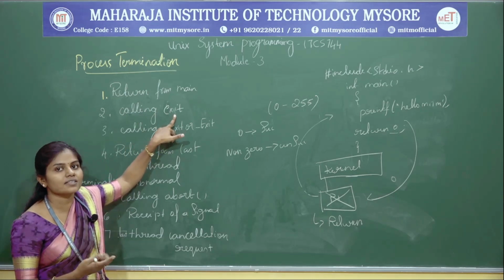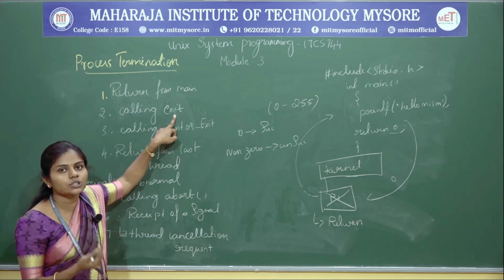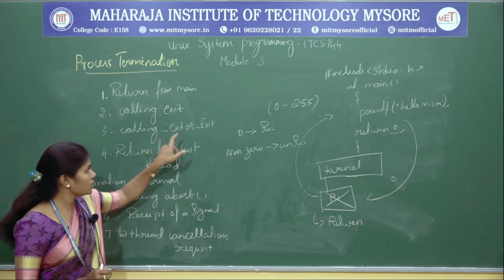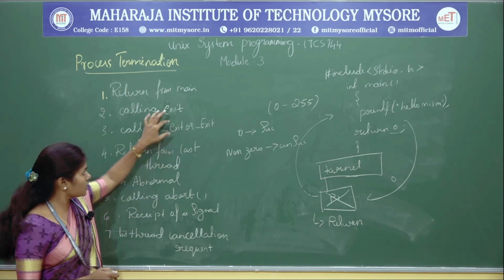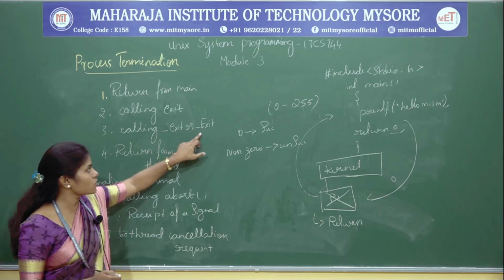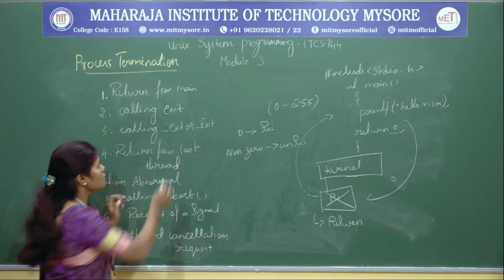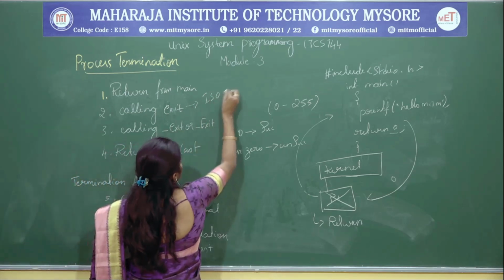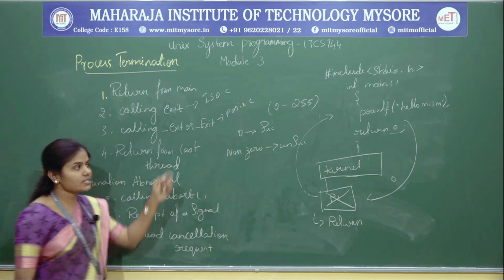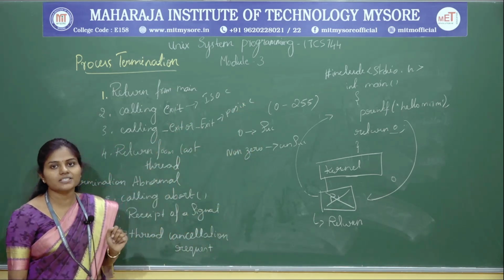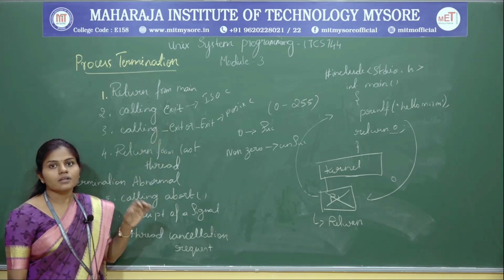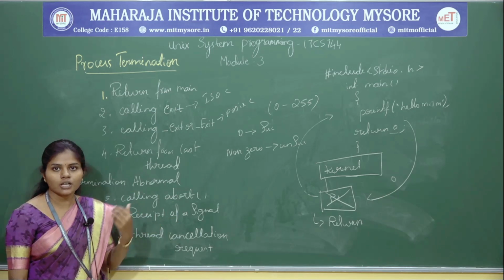As I said previously, we are going to make use of either the return statement or the exit function. Here two exit functions are there. See here the exit, and the third one is underscore exit, or underscore with capital letter E, Exit. The first will be supported by ISO-C and the other will be supported by POSIX-C. These are the functions supported by C programming. Generally they support the termination of a main function or any function.